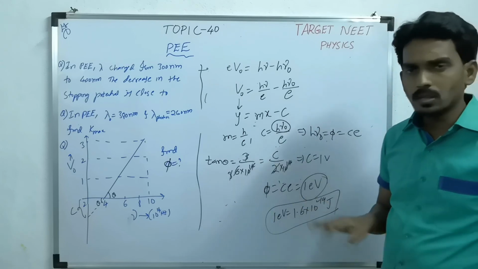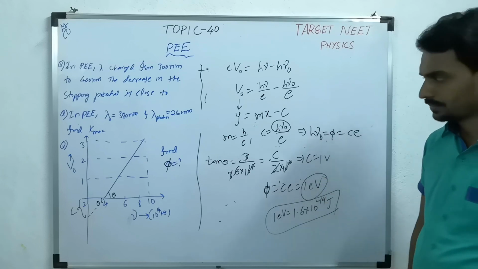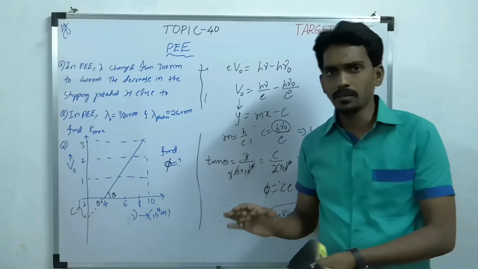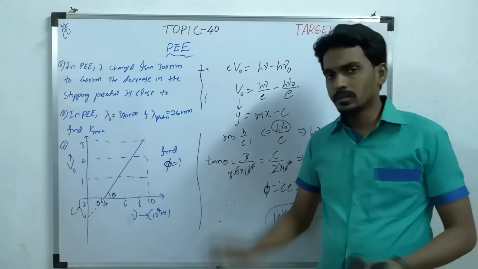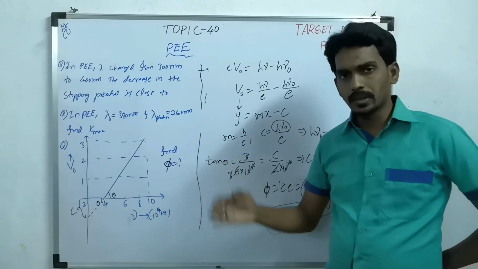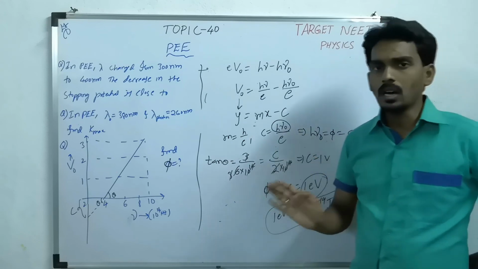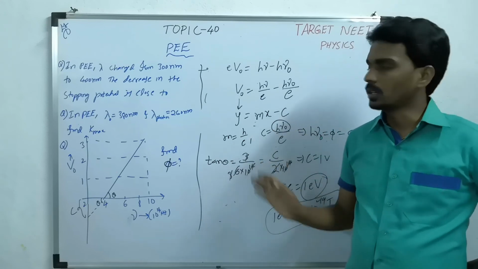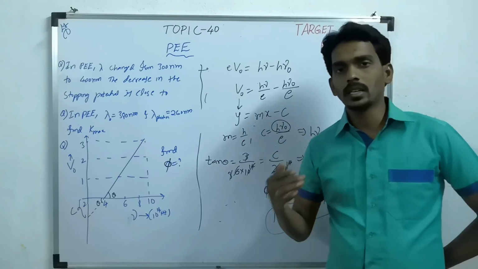So this is how the questions will come based on the photoelectric effect. Please take care of remembering the formulas and then the calculation, and the final one, the graph-based question. Compare the given graph with the general form, then you will get the idea to solve the question. So this is the photoelectric effect and the Einstein photoelectric equation.